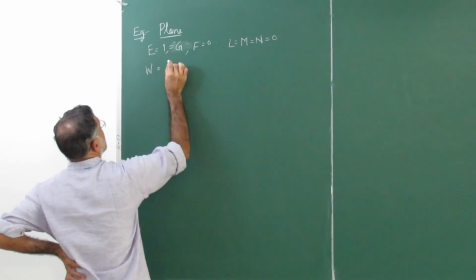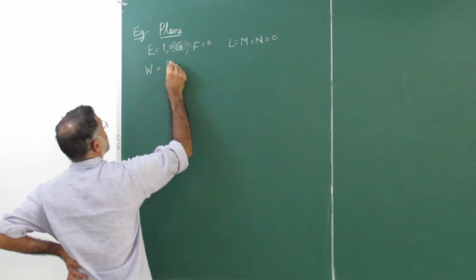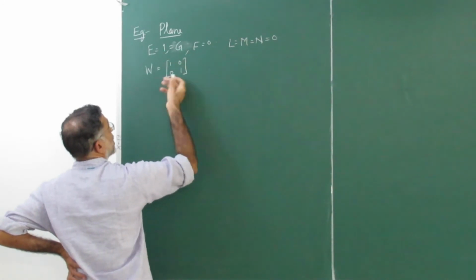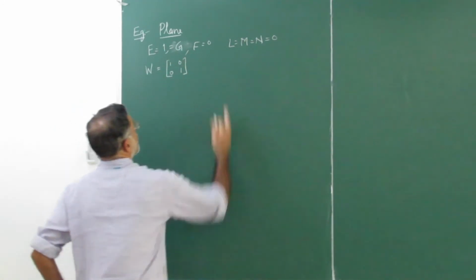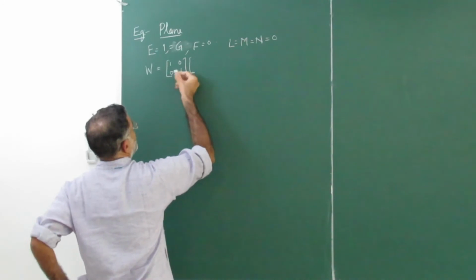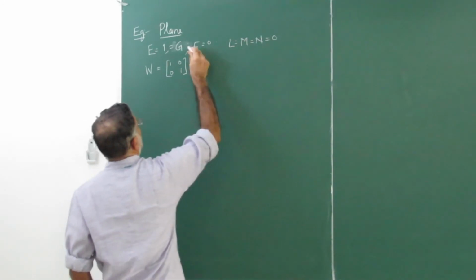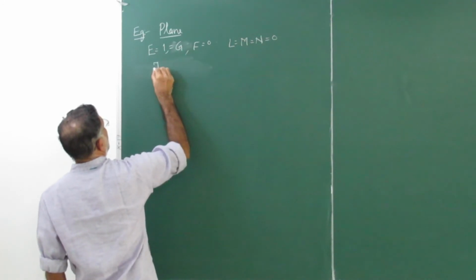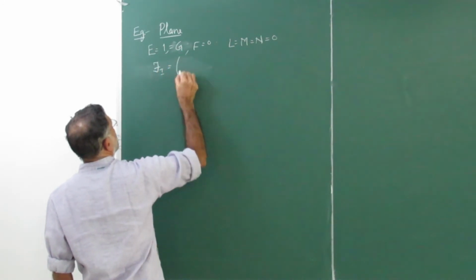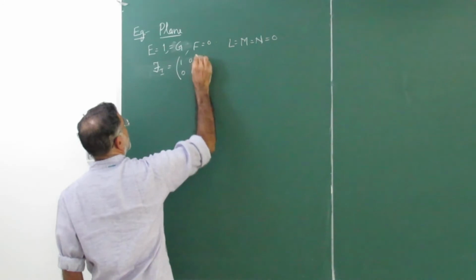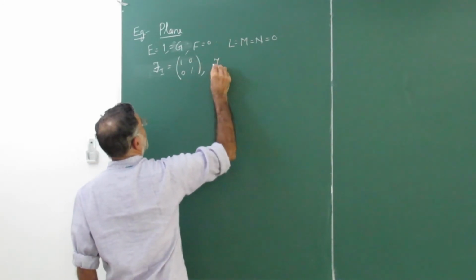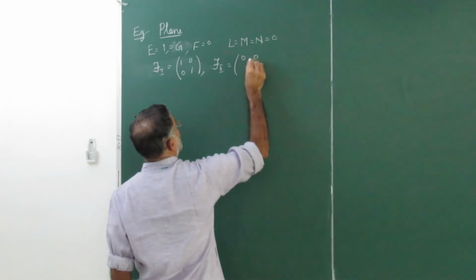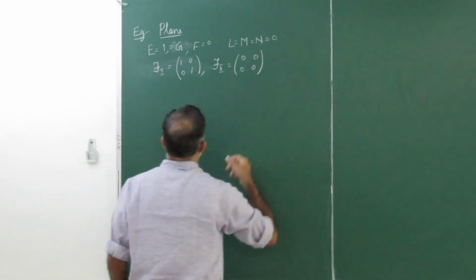W is the inverse of this. The inverse of this itself is going to be 1. It's the identity, its inverse is that. And what is that going to be? F inverse is this, F1 inverse. So if you want, I can write F1. F1 itself is 1, 0, 0, 1. And F2, the second fundamental matrix, is just the 0 matrix. So it's irrelevant what it is.